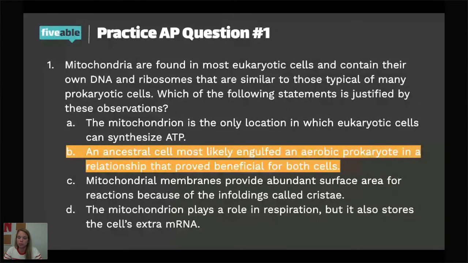What do we know about prokaryotic ribosomes? What's special about them, or what's different about them? What's different about prokaryotic ribosomes? They don't come from a nucleus. They're bound. They're not necessarily bound. The main thing about prokaryotic ones is they're smaller. The ribosomes in prokaryotes are much smaller than the ribosomes in eukaryotes.